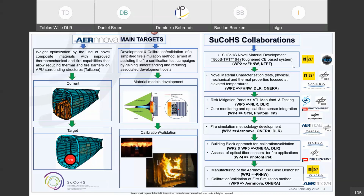On the other hand, another big or interesting objective that we had from the beginning was to develop, I mean, to face a development supported by test of a simplified fire simulation methodology that could help us in the fire certification test campaigns by gaining understanding to design the fire certification test campaigns, and also by reducing the development associated cost regarding the development test and even certification test,